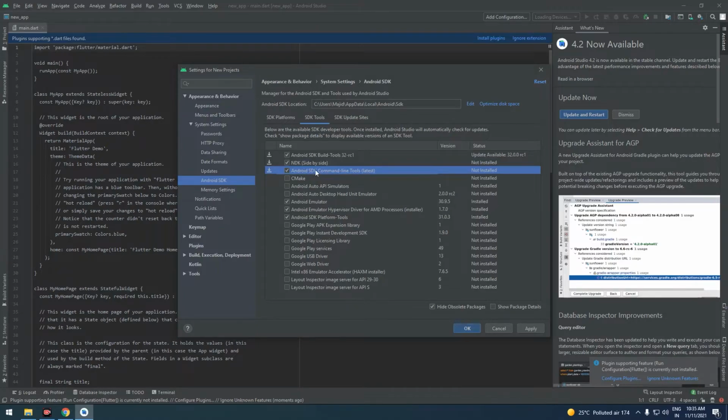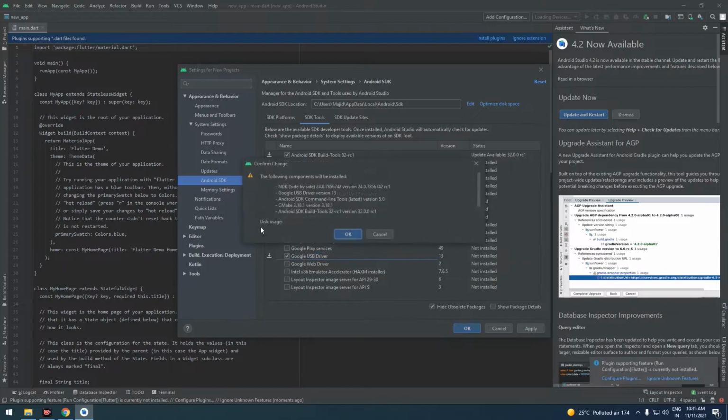This is a necessary thing, just download that. And this is something that you guys have to look for yourself. What do you want it to download? I'm gonna download these things for now, and if you have an Intel processor, you need to download that as well. I'm having an AMD processor, that's the reason I'm not gonna download that.